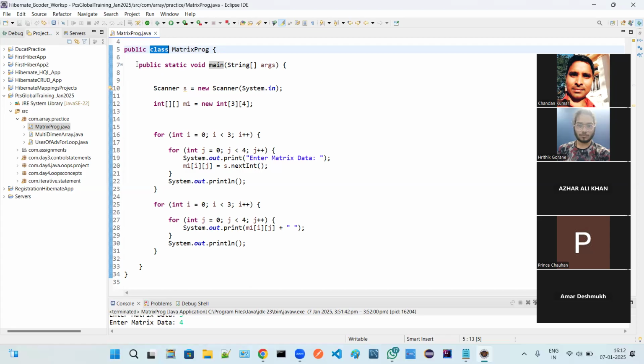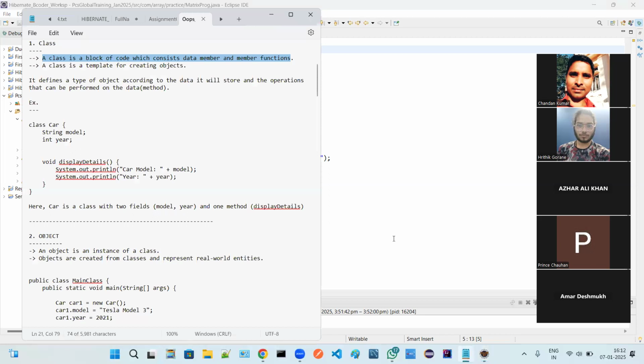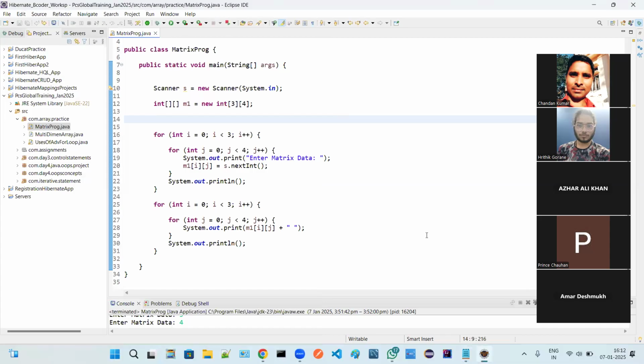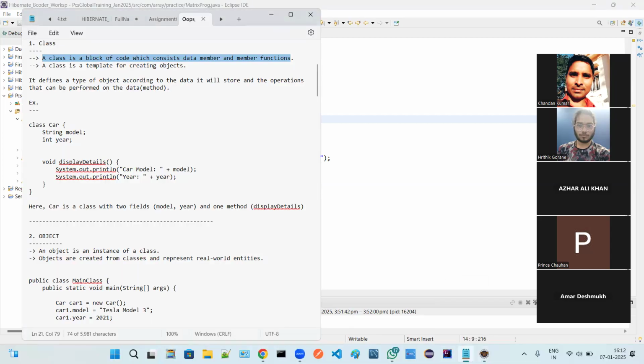That's it. We can also tell that another way. Class is a collection of data members, member functions, and objects, because inside this class only we are going to create the object of that class. So I hope this definition of class is clear to all of you.